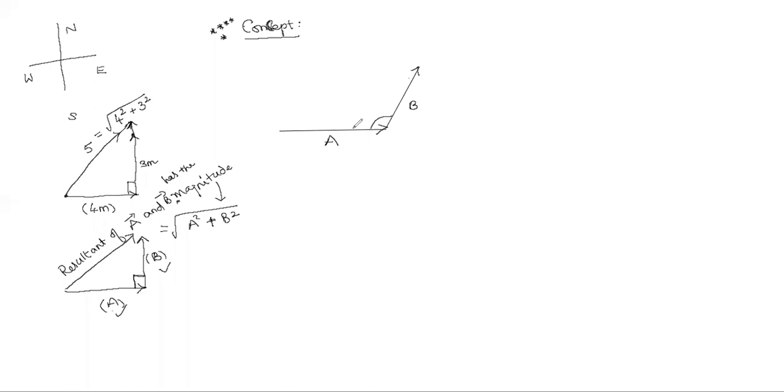This is one vector, A bar, like here in the previous diagram. And this is the other vector, B bar. Look at the two diagrams. I think you understood the difference. Here, the given two vectors are perpendicular, but here the two vectors are not perpendicular, making some angle.